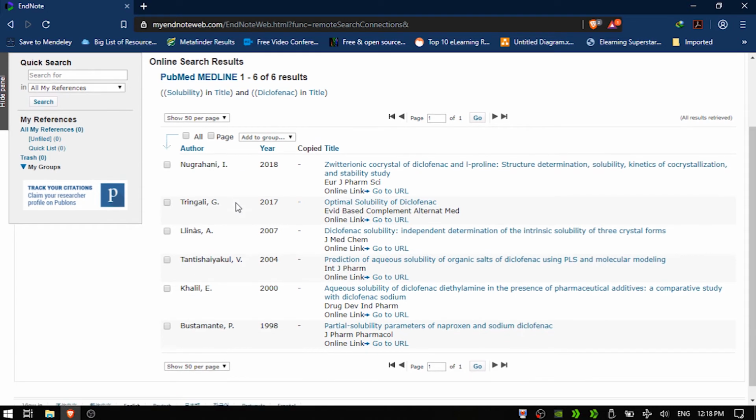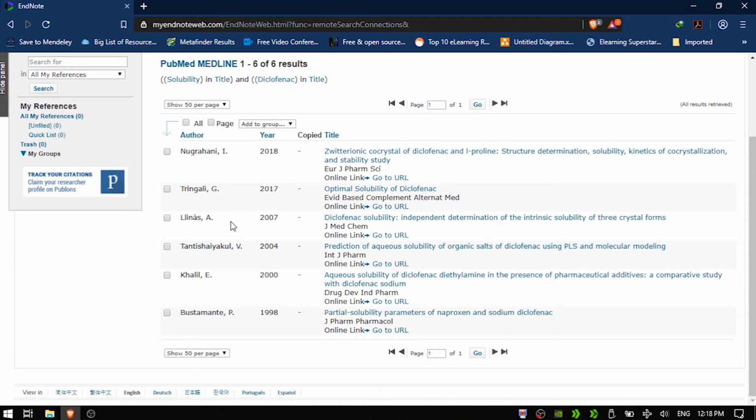We can select the number of articles per page by clicking 10, 25, or 50 per page, or you can also refine your search with respect to the title in both the terms or with respect to the keywords.